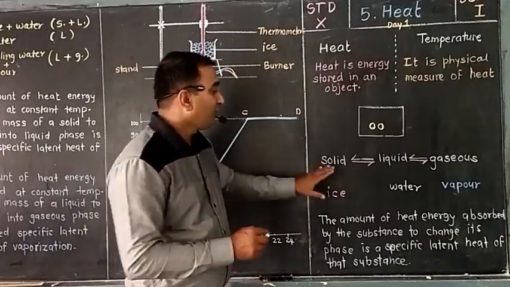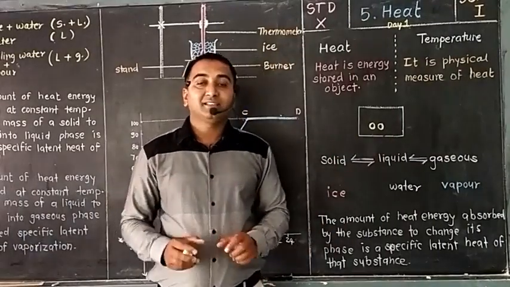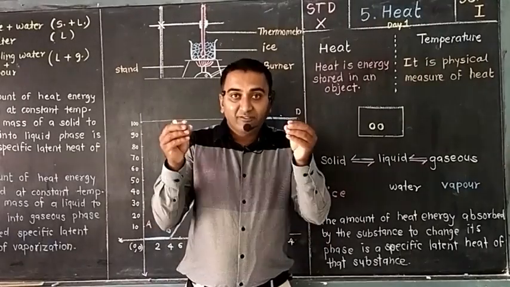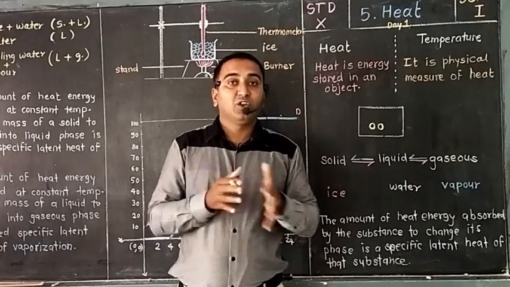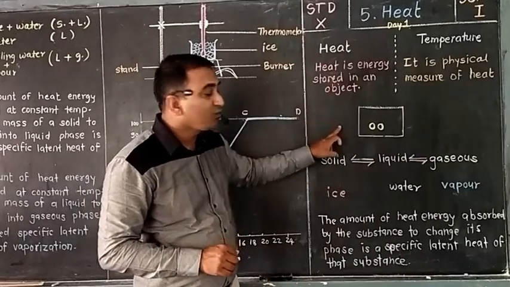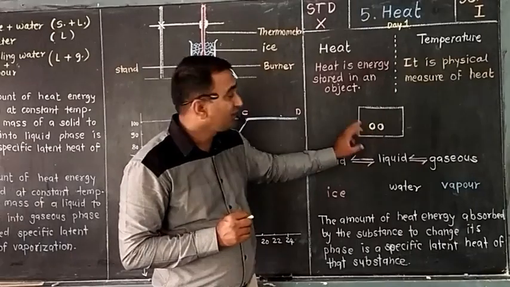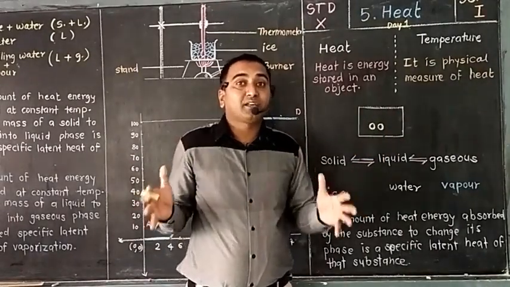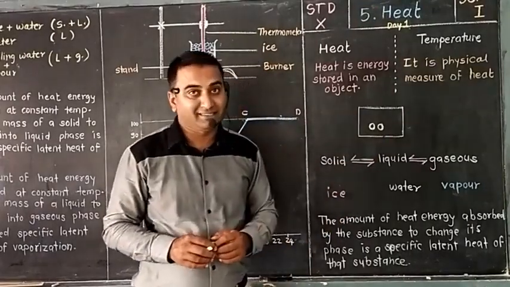What will happen when you provide heat to a solid? See, a solid is that substance in which molecules or atoms are very close to each other, so they have a rigid shape. They will not move, so it has a definite shape. But when you supply heat to that object, definitely what is going to happen? This object starts to absorb the heat, and its heat stored capacity starts to increase. That means indirectly temperature increases.